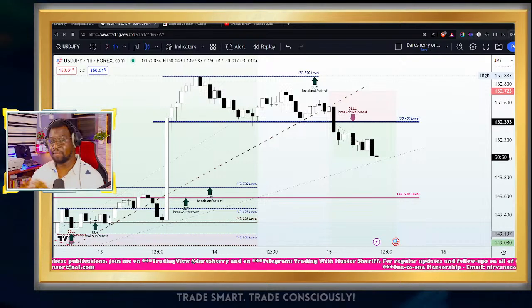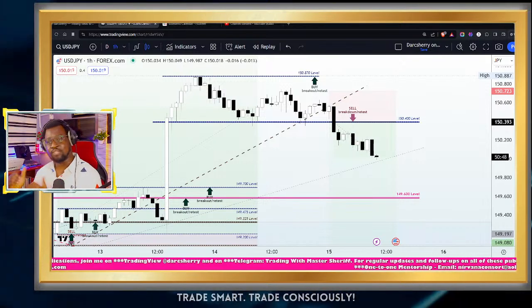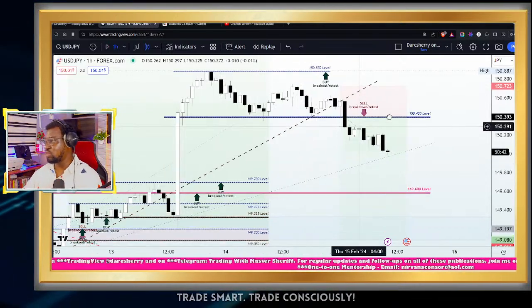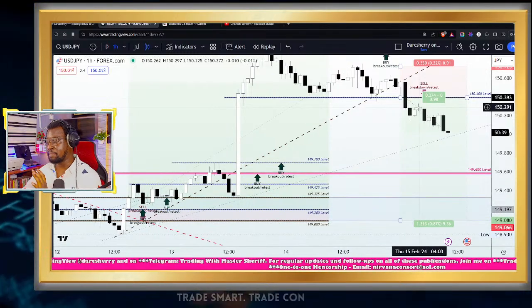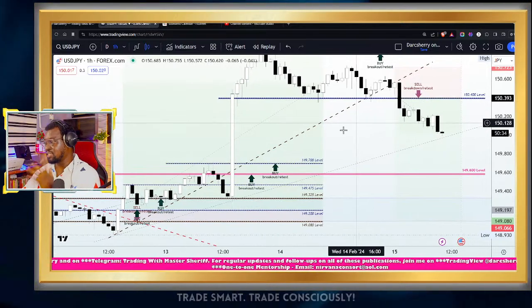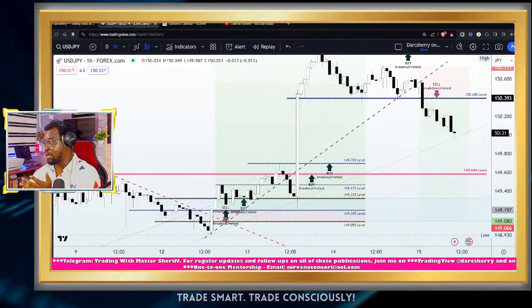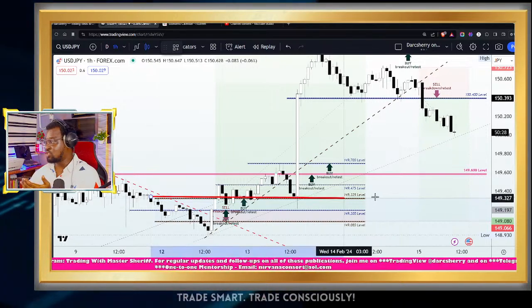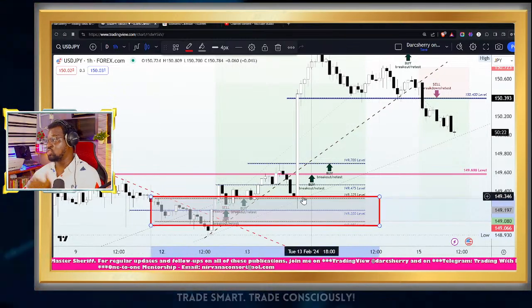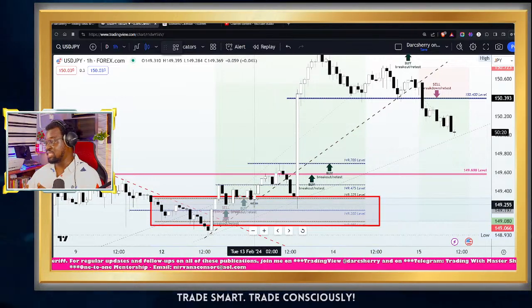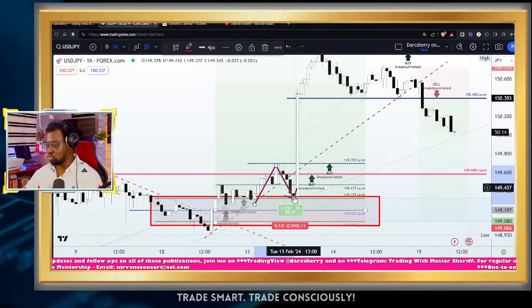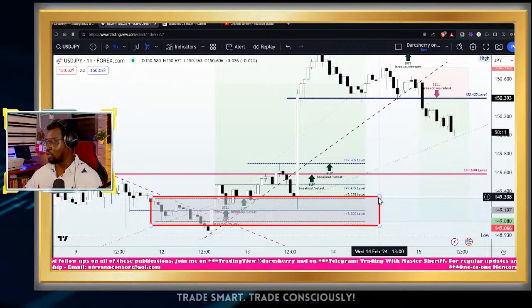Now, from a technical standpoint, how do we intend to position ourselves for the next move? That's the most important question right now. And of course we have some structures on the chart which we will be using to guide our decisions. Since the beginning of the week we have been buying this asset. Remember, we identified a range between the 149.325 and the 149.080 area, which was broken. We saw it come back to retest the structure, and then we saw this huge engulfing candle take price to a recent high a couple of days ago.